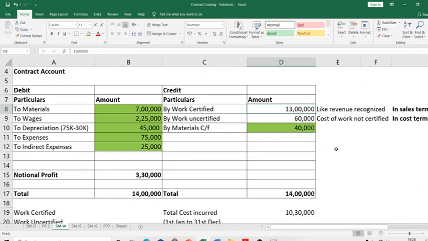Now, the question is, should this always happen like this? Let's say the architect came for the first time on 31st of December. The architect did not come on 30th of November. He came for the first time on 31st of December. Now when he comes when the year gets over and we stop the work for that year, in those cases, can we have work uncertified? My question is, if the architect had come on 31st of December 2018, would we still have a situation where we can have work uncertified?